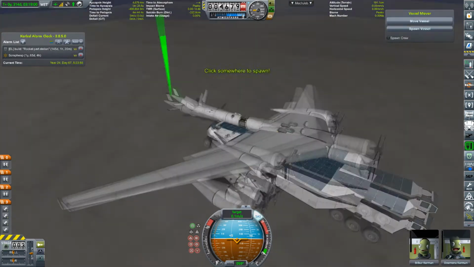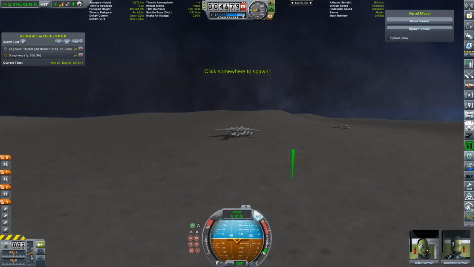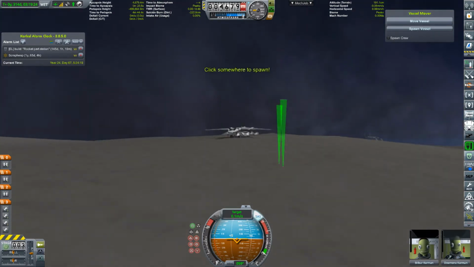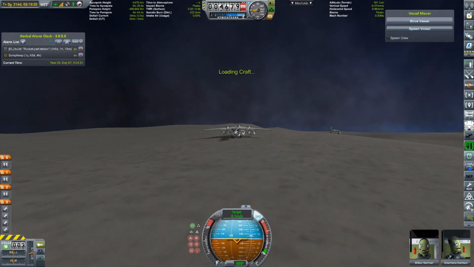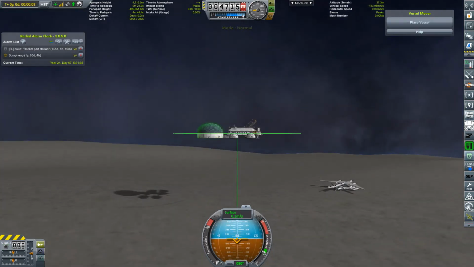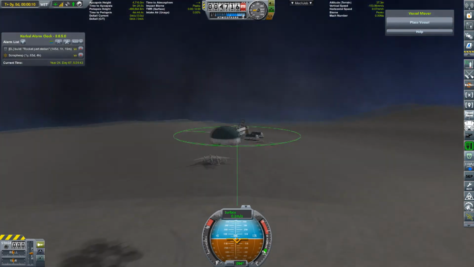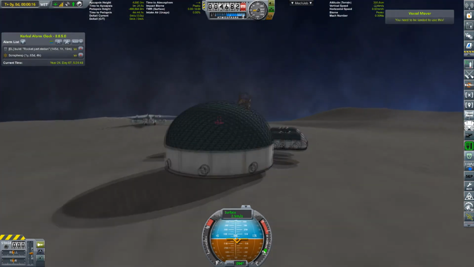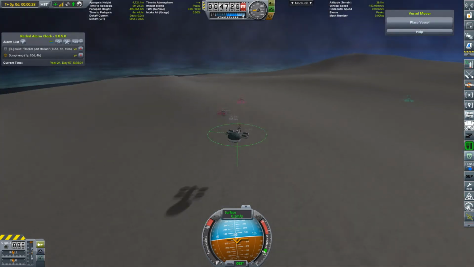So after taking ages to find the base, because I'd forgotten the name of it, we managed to get it all sorted. And then you pick a spawn point, and what I'm actually doing is I'm looking for the two poles, because I was originally going to place it right between the two construction poles. So I get it roughly sorted and place it down,